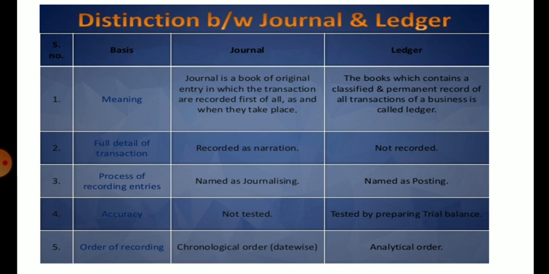order of recording, chronological order, that will be on the basis of time when they occur, they will be posted in journal. And in ledger it will be analytical order. Analytical order: when you analyze every transaction, then you can post them into the ledger. So this is the basic difference. Okay,